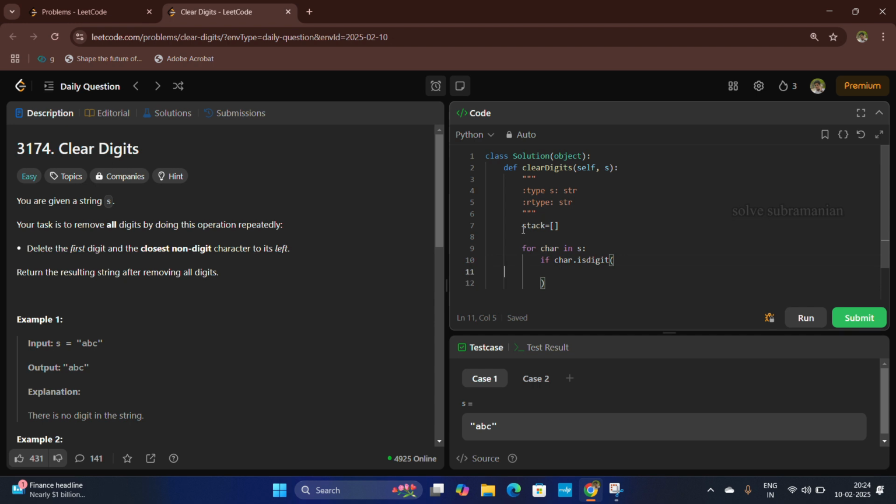Okay, next we initialize here, and here pop. Let's see, we initialize here, simple: if stack, stack.pop(), else, stack.append(character). Okay, this we return